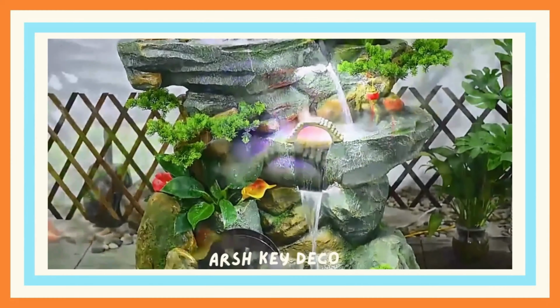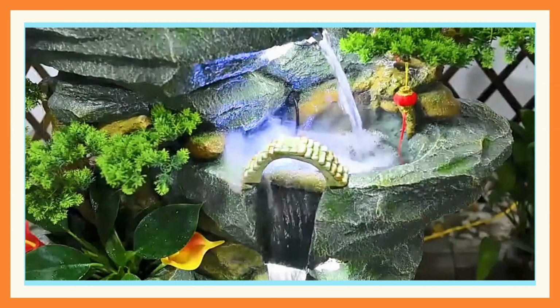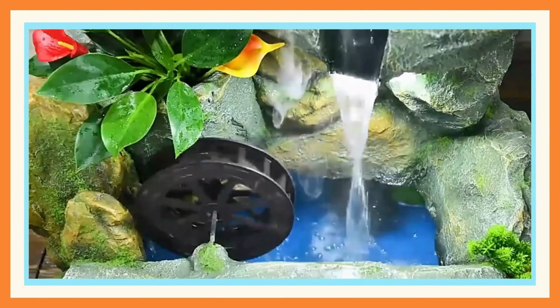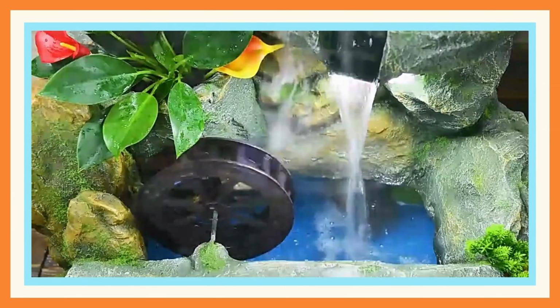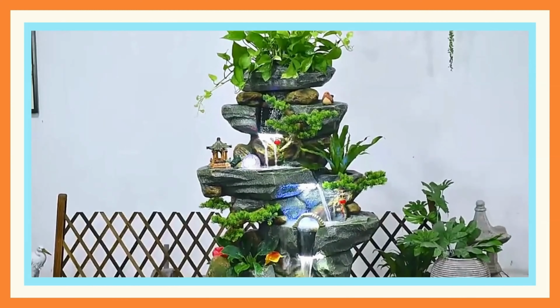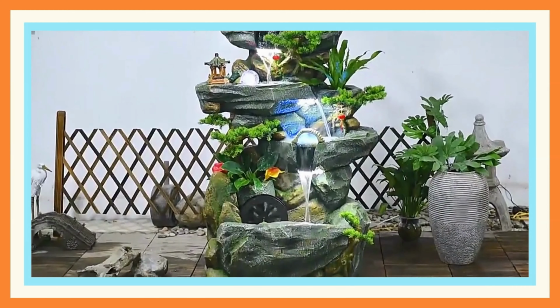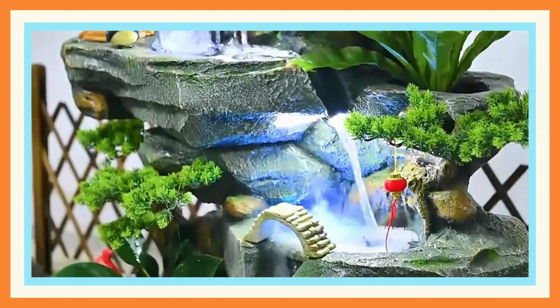The large floor rockery fountain living room interior feng shui wheel humidifier is an exquisite piece of decor that combines the elements of nature, tranquility, and the ancient art of feng shui. This unique ornament is designed to enhance the aesthetics and ambience of your living room while promoting a sense of harmony and well-being. The centerpiece of this ornament is a large floor rockery fountain, meticulously crafted to resemble a natural